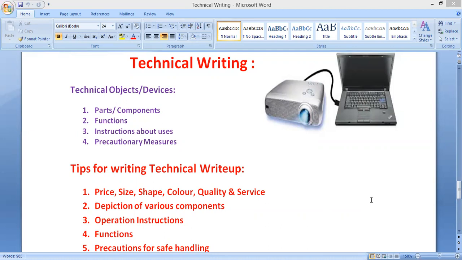Planning includes, first of all, the parts, components, functions, instructions about uses, and precautionary measures of that particular technical object, right? But before focusing on these four elements of technical objects, we will first understand what exactly is